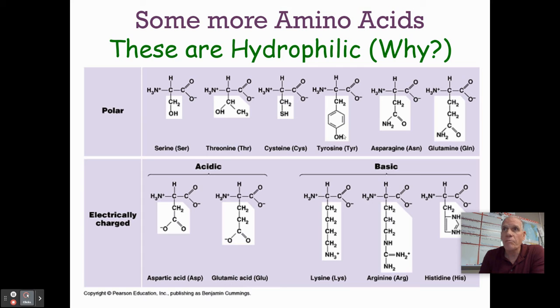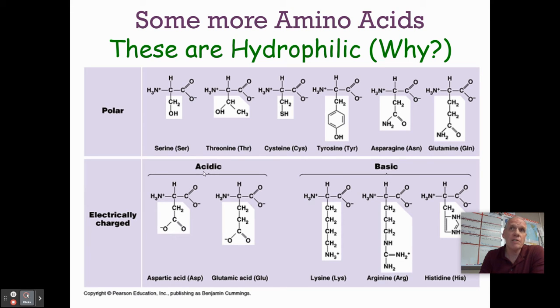And again, there's my polar molecule. The NH2 and the oxygen right here also are polar. Same here. So these are all polar, which means that they can be found in a watery environment. And then we have some that are electrically charged. We have some that act as acids and some that act as bases. Anything that can donate a proton is an acid. This was an OH group. It gave off a proton, and so on. But don't worry about that too much.